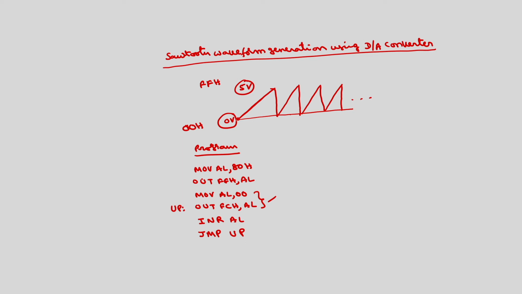So first 0 volts will be outputted, then 1 volt, so 00H, then 01H, which corresponds to some voltage that will be decided by the external resistors and so on. Okay, 02H, like that. This is 0 volts, this is the value corresponding to 01H, this is the value corresponding to 02H, 03H and so on. This is the value corresponding to FFH. But we are not giving any delay here.